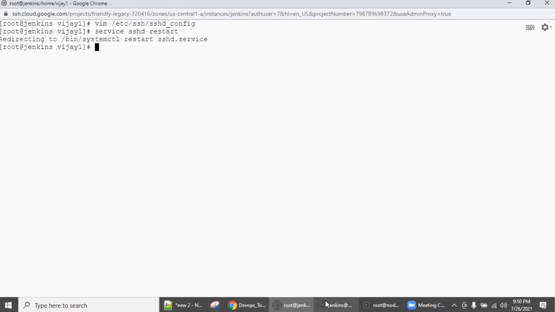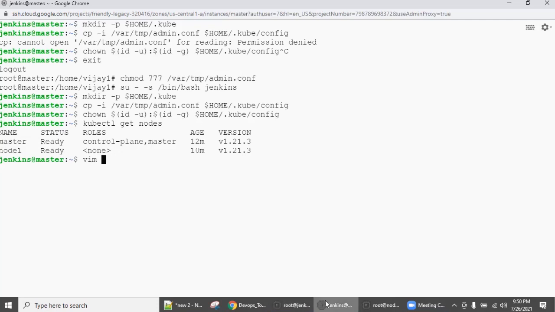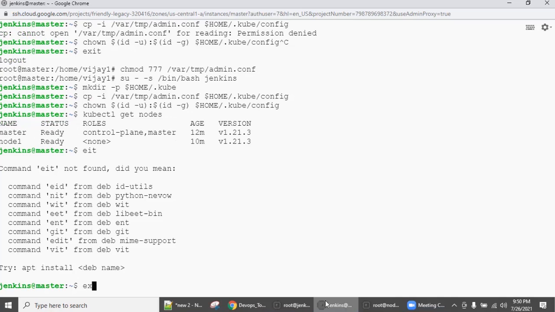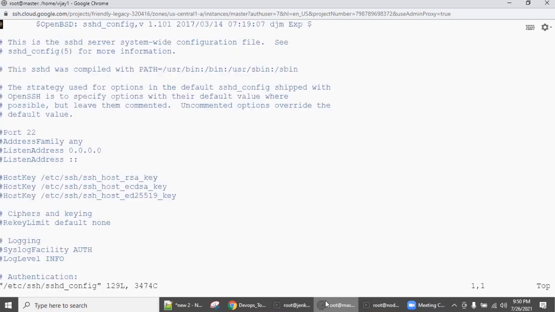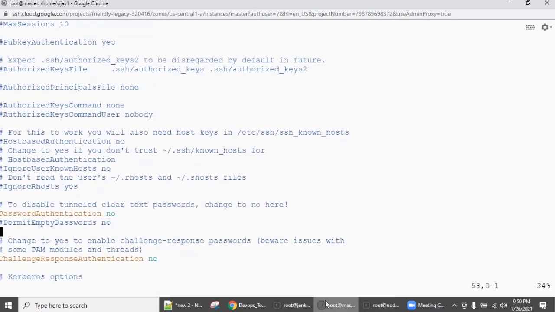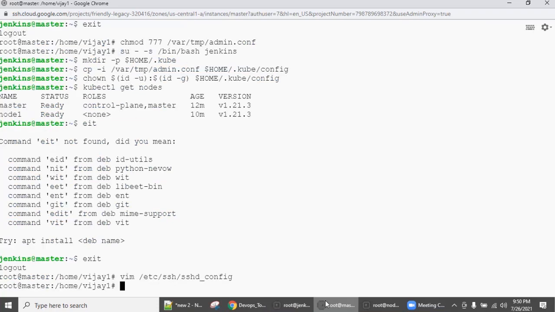Now the same thing you have to do, vim, and you need to be a root. So I'm coming out of the Jenkins user, vim the sshd config, come down. Remember, this is Ubuntu, so there is only one password authentication no. So you have to change this. Either you can comment it out and type the same with yes option, or else you can replace no with yes. Go here and say service sshd restart.